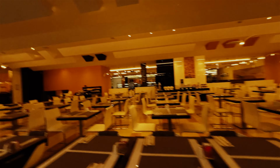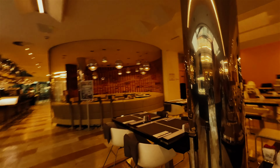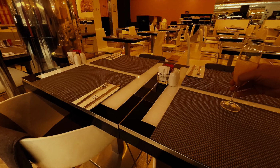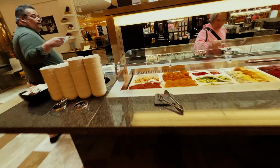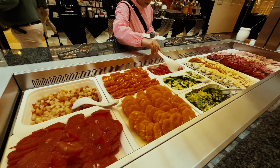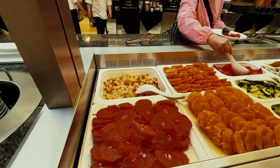So, nice massive seating array. And more over there. Okay, I think we'll sit here. Now, what have we here? We've got all the fruits, grapefruit, orange, looks like fruit cocktail,